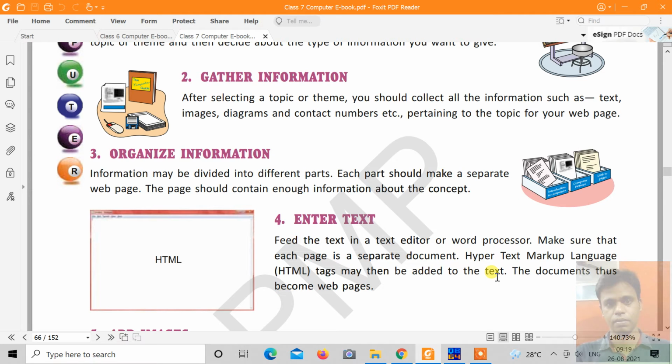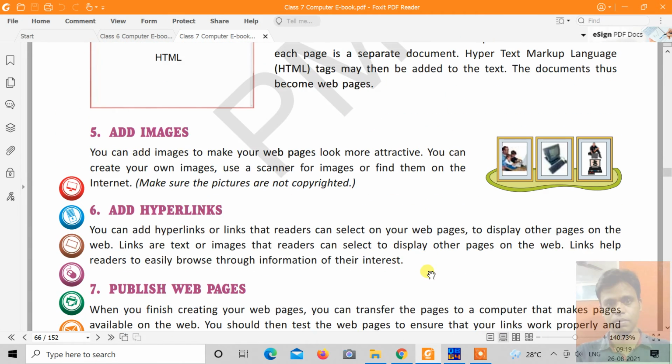Now after organizing the information, the main thing is to start the coding in HTML. Start the coding, with the tags and attributes, with the text and images and audio and video that are used in HTML.